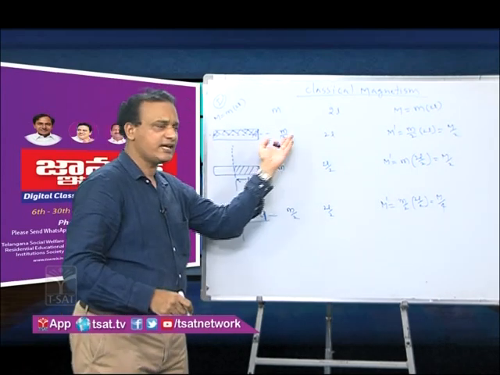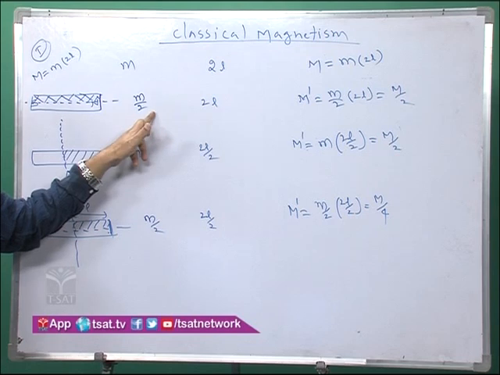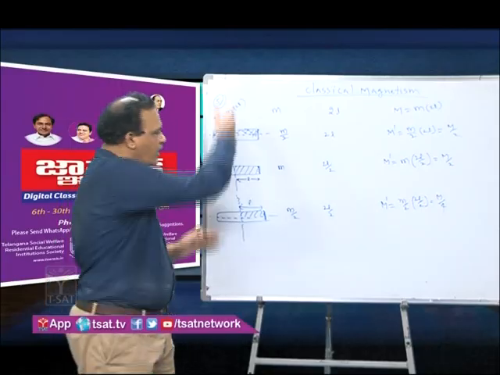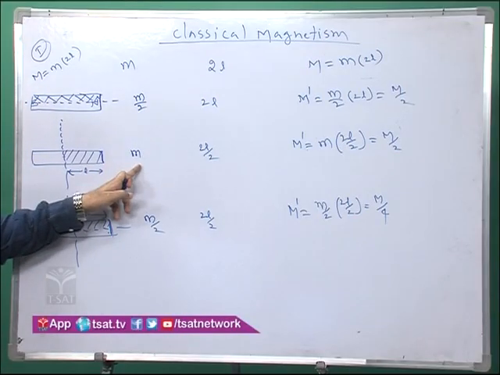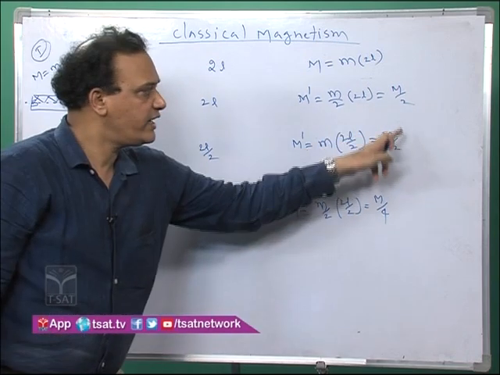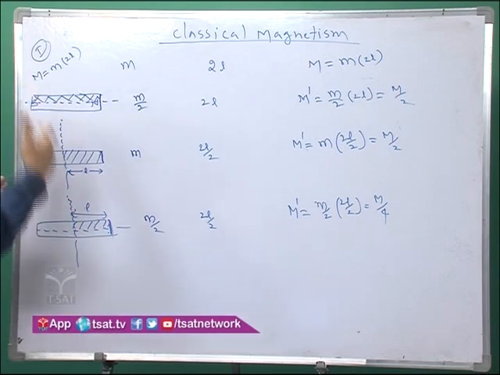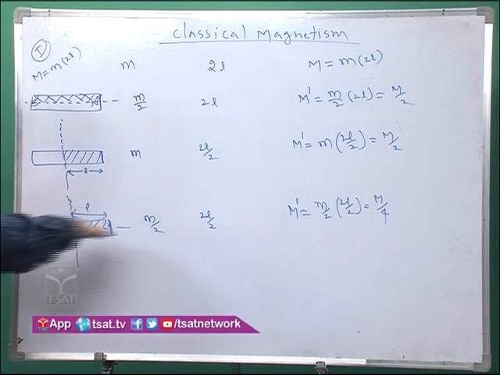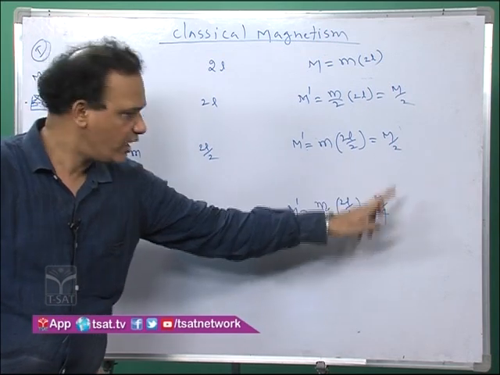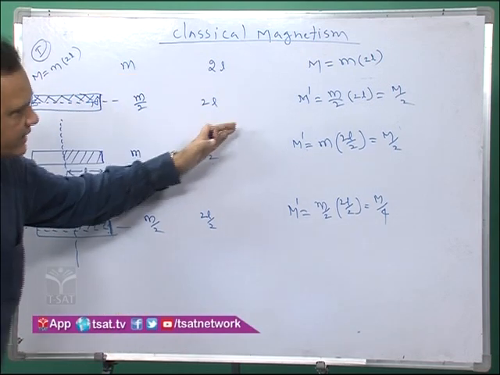Now the bar magnet is sliced along its equatorial line and along its axial line into n number of parts. Assume along the axial line x parts. Its new magnetic moment is pole strength by x times, but the length remains constant, so the new magnetic moment is M by x. Along its equatorial line, pole strength remains constant and the length 2L is divided by y, so its new magnetic moment is M by y. Similarly, if it is sliced into y parts along its equatorial line and x parts along its axial line, m by x into 2L by y, its new magnetic moment is M by x into y. So this is one model problem on pole strength, length and magnetic moment.